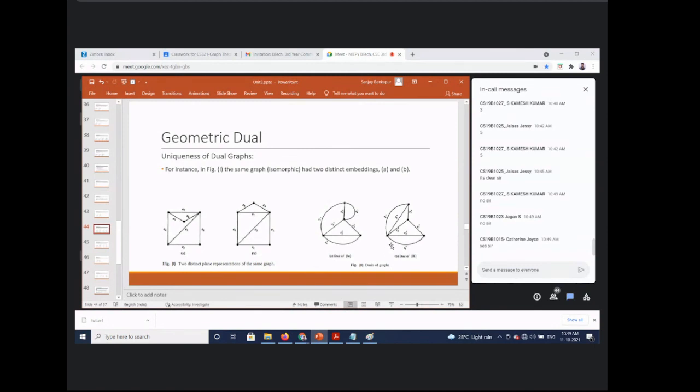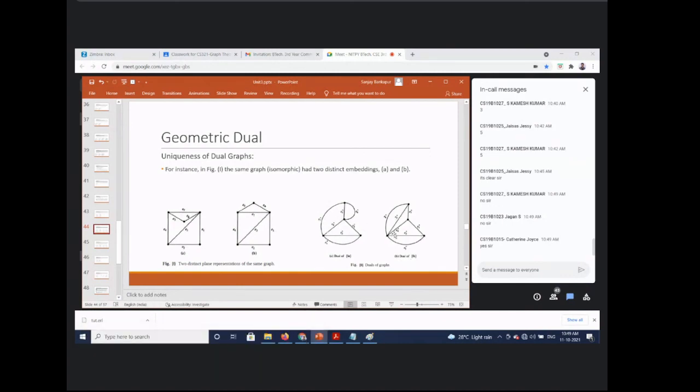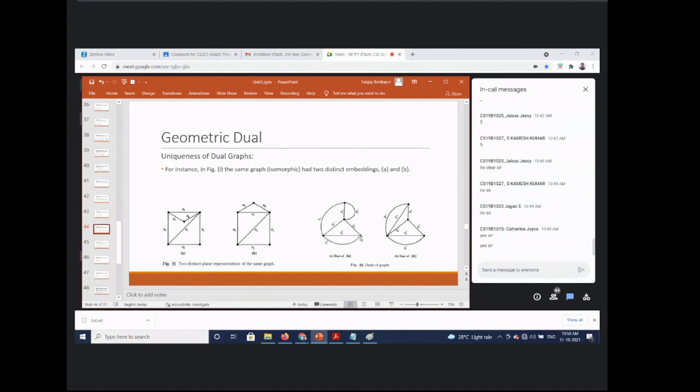Okay, now quickly, Joyce, this is for you. We'll try to address it with respect to the number of vertices and their degrees first, or edges. Vertices are 4, both are 4. The number of edges will definitely be equal because these are isomorphic graphs; their duals will have an equal number of edges. So edges are the same. If you closely look, there is one vertex of degree 4.